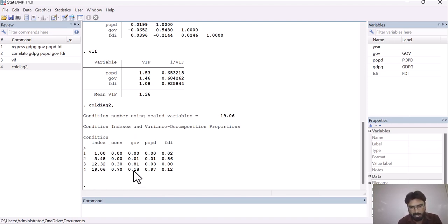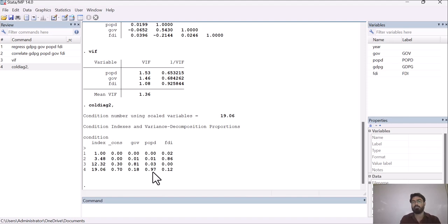And here are the values of the variance decomposition proportions. You can also check through these whether there exists multicollinearity or not. As you can see, out of all these values, the PUPD value is greater than 0.97, which is indicating the issue of multicollinearity.